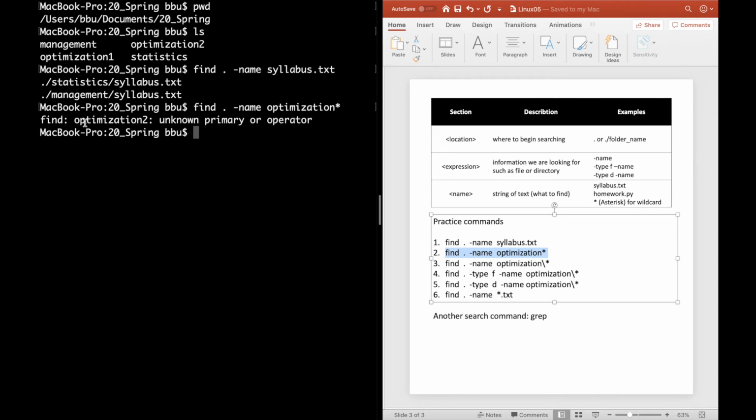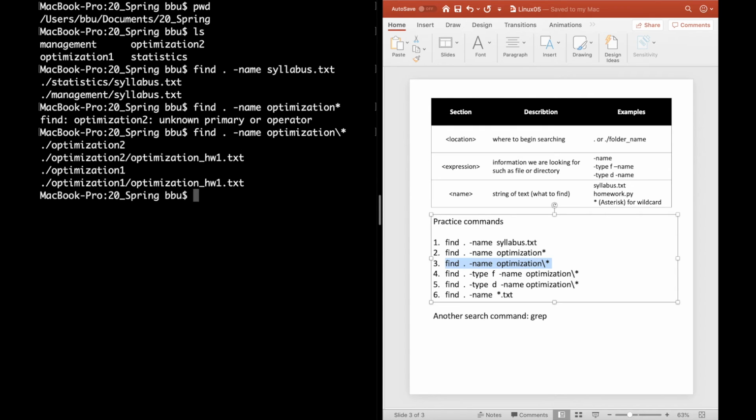But the result shows optimization 2 with some message. So to correct this command, we have to add backslash in front of the asterisk, which is the third practice command. Then once you implement it, it shows optimization 2 folder and one optimization homework 1 file under optimization 2,